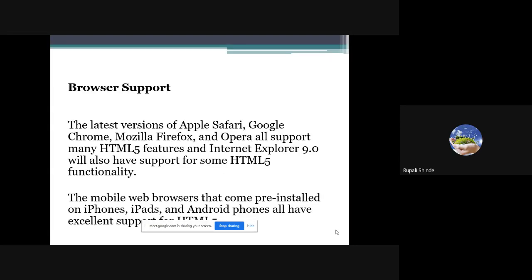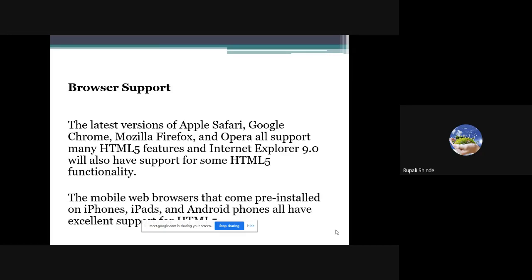Then browser support. Mostly all browsers support HTML5. The latest versions of Apple Safari, Google Chrome, Mozilla Firefox, and Opera all support many HTML5 features. The latest version of Internet Explorer, that is 9.0, will also support HTML5 functionality.